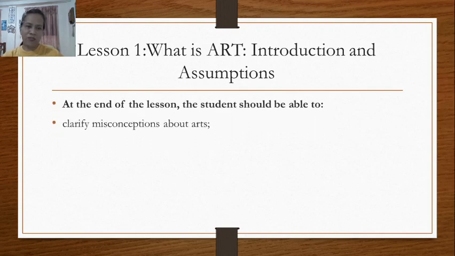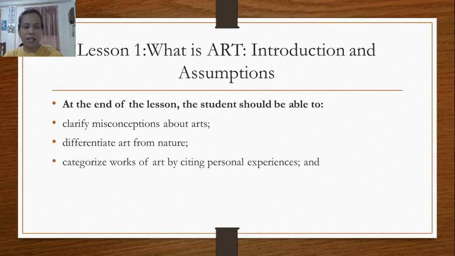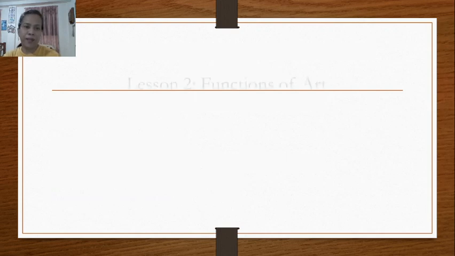So we have specific objectives here. At the end of the lesson, the student should be able to classify misconceptions about arts, differentiate art from nature, categorize works of art by citing personal experiences, and of course, characterize the assumptions of the arts. Then,